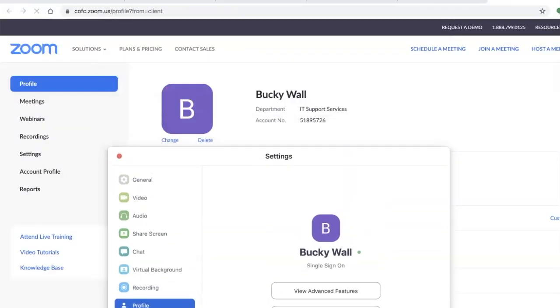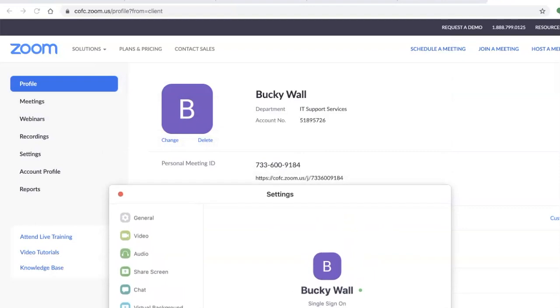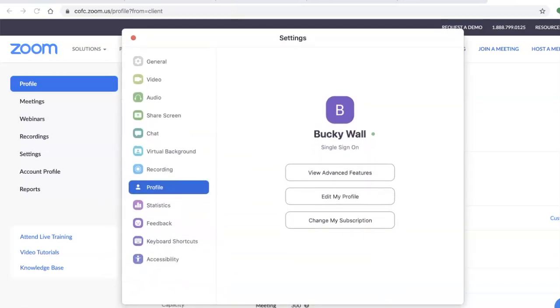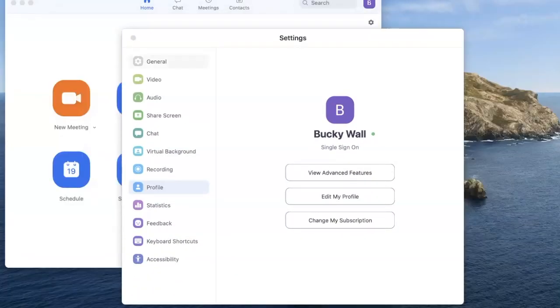Let's make sure you're on the right Zoom account. You should be at cfc.zoom.us, not a personal account that you may have set up with your Gmail account or your CFC account, but your corporate account, your corporate Zoom account. Okay, once that's confirmed, let's go ahead and we can close our browser, and let's start over here at the